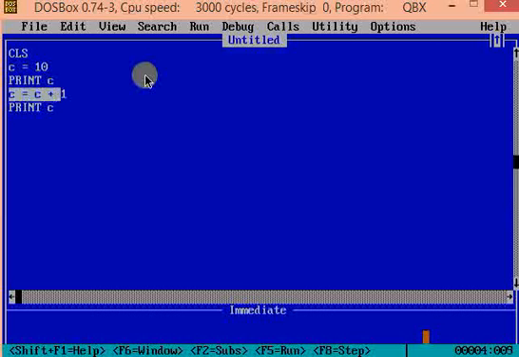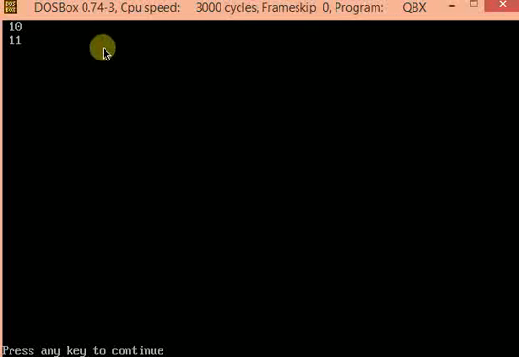This is interesting. This is completely wrong statement in mathematics, but this is completely valid in QBasic. This statement says that evaluate the right hand side expression and then assign the evaluated value to the left hand variable c. In this case, the value of the right hand side expression is 11. So after that expression, value of c will be 11. Let us check that now. We can see that 11 is printed, which is the value of c after c is equal to c plus 1 is executed.